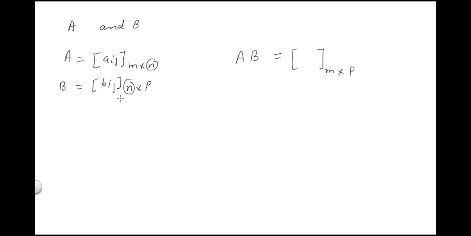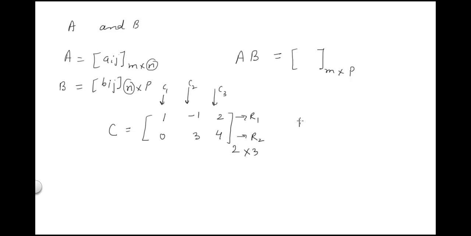Now suppose I give you an example. There is a matrix C, and the elements are 1, -1, 2, 0, 3, 4. So what is the order of this matrix? If you see, 2 rows, 3 columns. I'm again repeating, these are rows R1, R2. These are columns C1, C2 and C3. So the order of this matrix C is 2 cross 3.